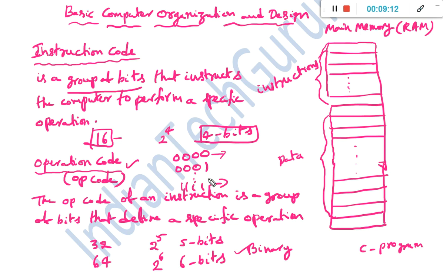what is the requirement? The instruction code must be stored in main memory. What is meant by instruction? A group of instructions is going to represent a program. So with this, we can define the stored program concept. What is meant by a stored program?